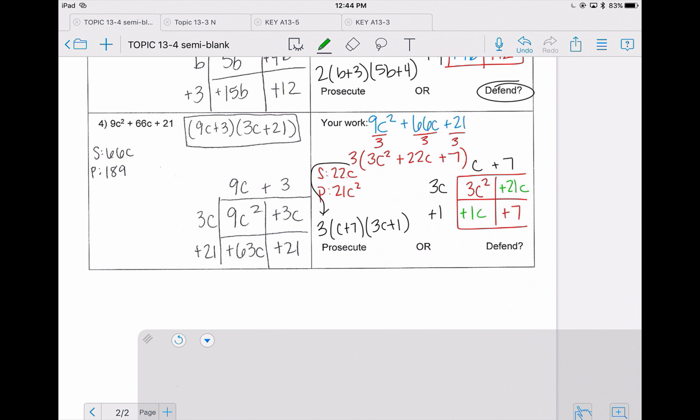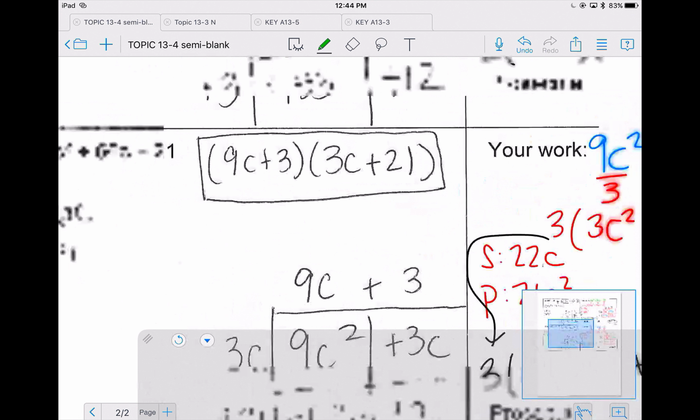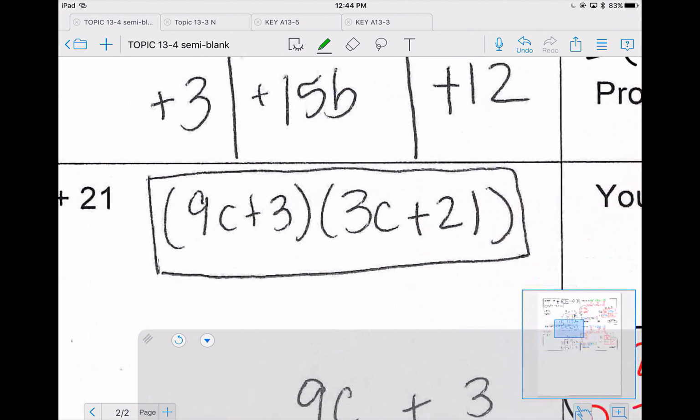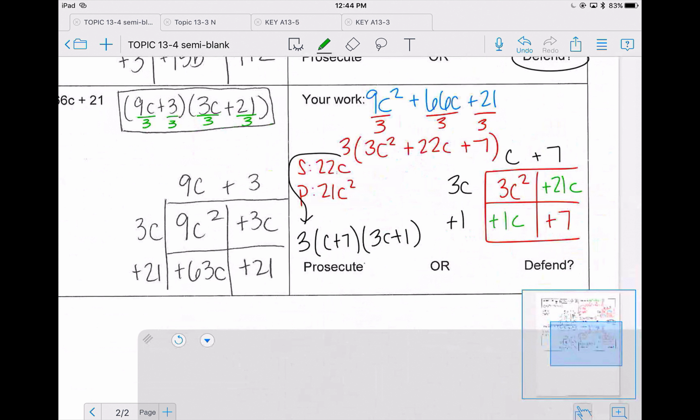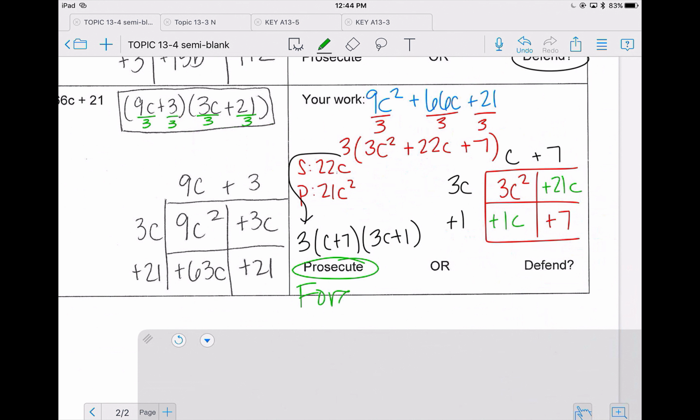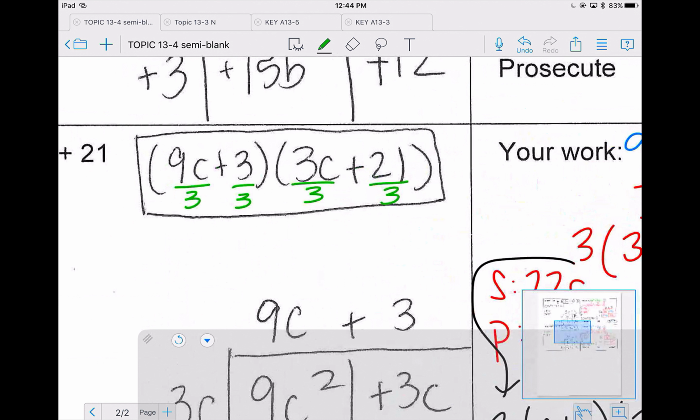Oh, they did not take out a GCF. They did not take out that 3 before they went to the box. So let's look. If this is something you forget to do, and we're going to prosecute, forgot the GCF. Okay. Now on the test, if this is something you forget to do, watch what you can do to kind of save yourself. If you're looking and you're like, oh no, there's a GCF and I just did all the work, you could